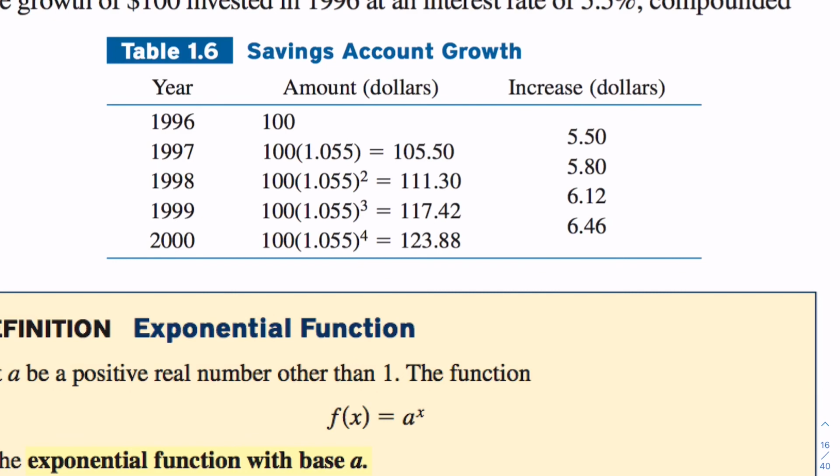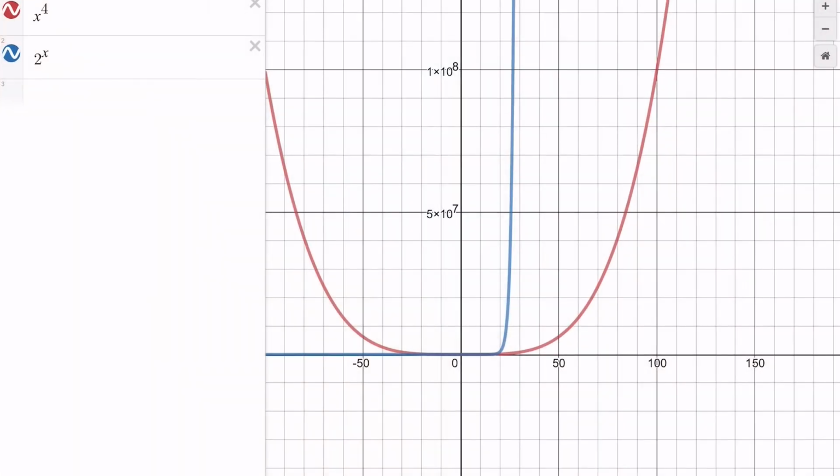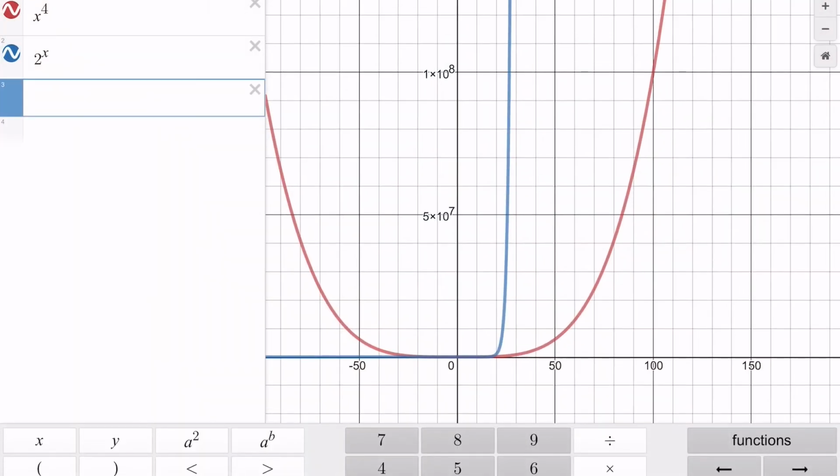And it doesn't look like a lot, but exponentially, this will actually get to be pretty high. Let's look at 20 years, what that same $100 would be. Let's see if I can do this in the calculator. Let's do 100, and I'm going to put 1.055 to the 20th power. That would actually be